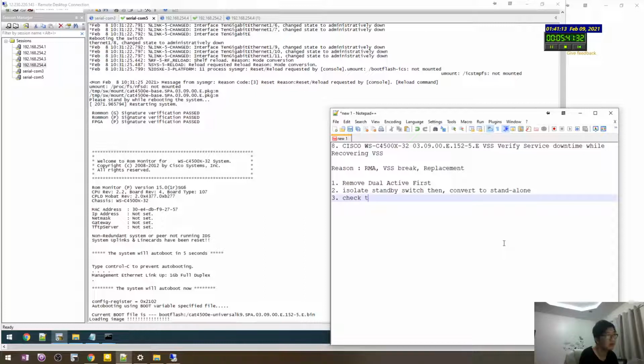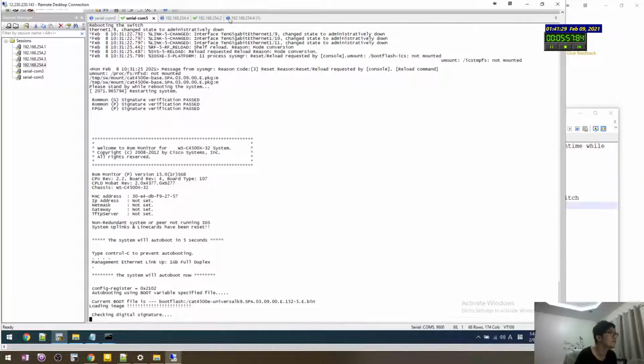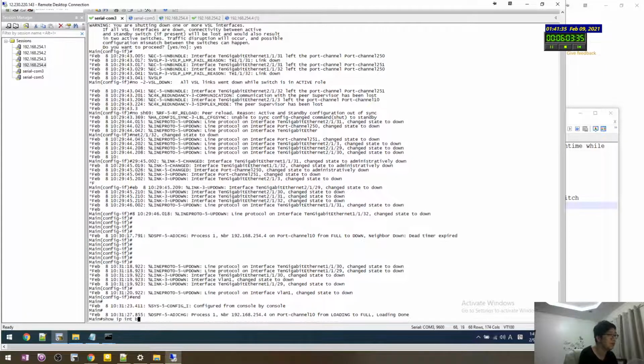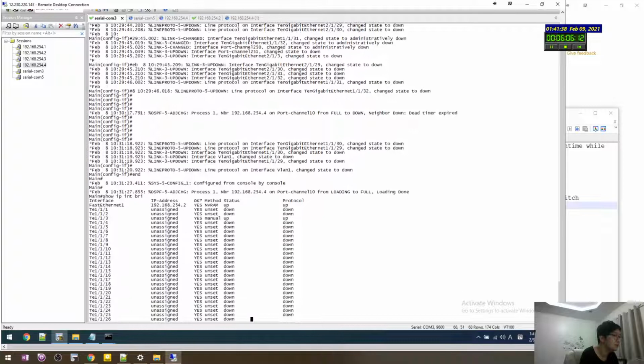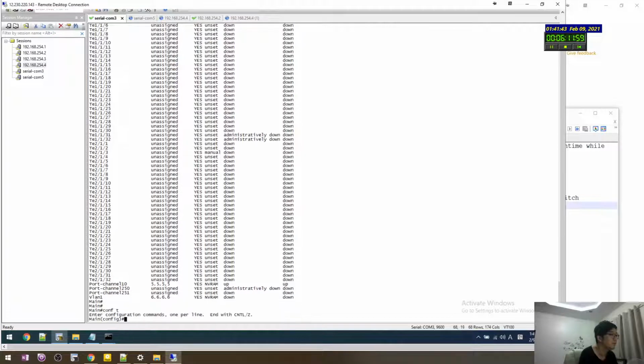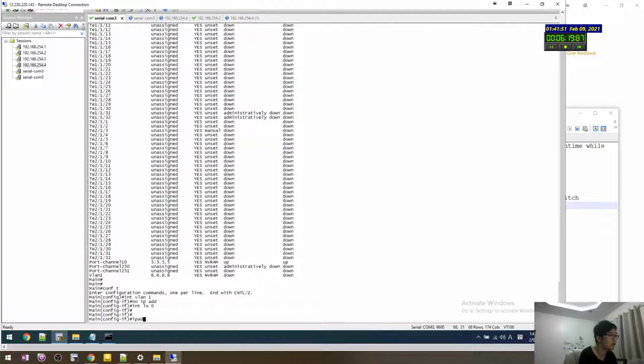Check the traffic interruption while joining VSS from the standby switch. Why does it still keep not working? Yeah, it's down because the trunk is down. So into VLAN 1 new IP address, I will create the